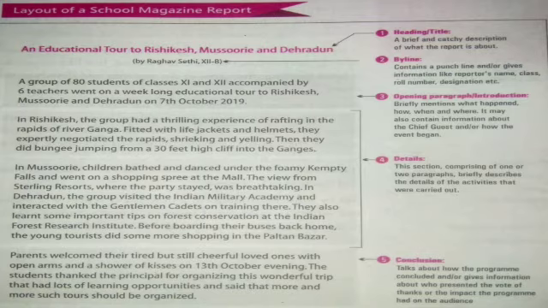Fitted with life jackets and helmets, they expertly negotiated the rapids, shaking and yelling. Then they did bungee jumping from a 30 feet high cliff into the Ganges. Then in Mussoorie, children bathed and danced under the foamy Kempty Falls and went on a shopping spree at the mall. The view from Sterling Resorts, where the party stayed,